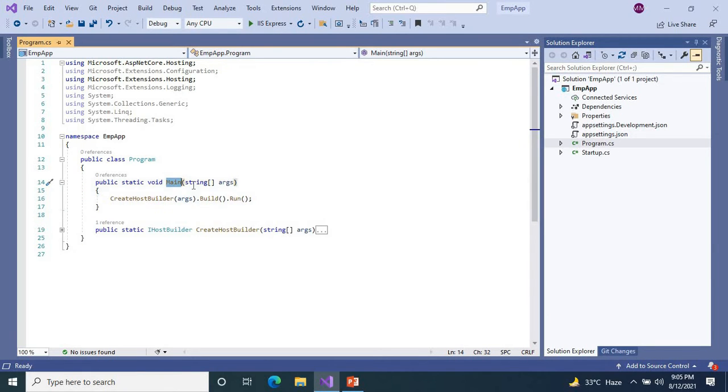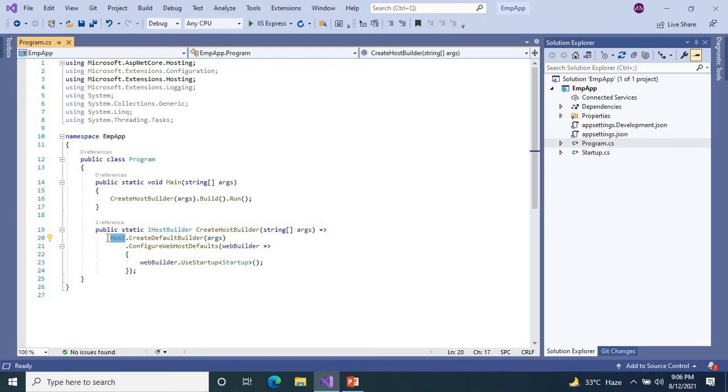So if you trace the Main method, it calls the CreateHostBuilder method by passing args as an argument, as you can see over here. Also you can see that the CreateHostBuilder method returns an object that implements the IHostBuilder interface, and Host here is a static class that can be used for creating an instance of IHostBuilder with pre-configured defaults. The CreateHostBuilder method creates a new instance of the host builder with pre-configured defaults, and internally it configures Kestrel, IIS integration and other configurations.